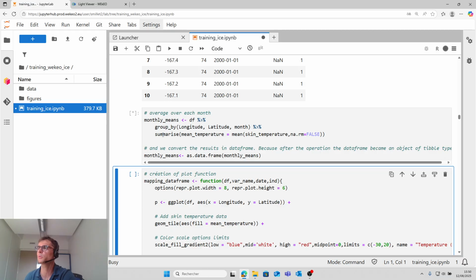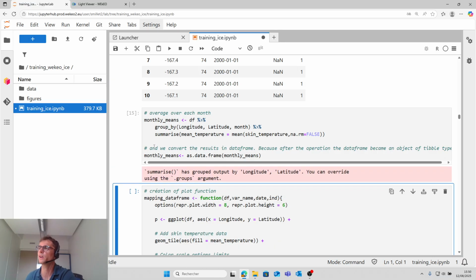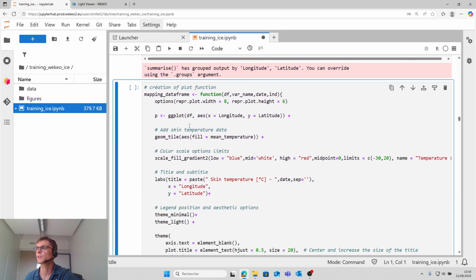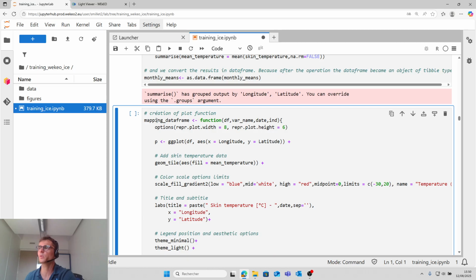So for each month we have a value for each longitude and latitude. Then here we create a plot function.